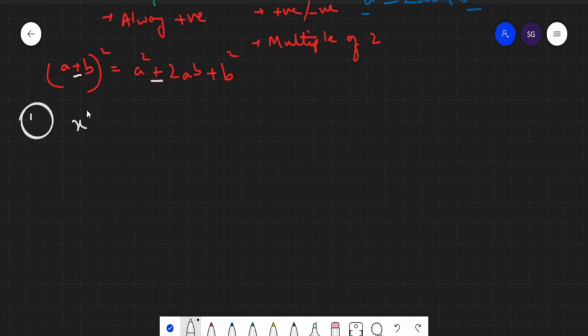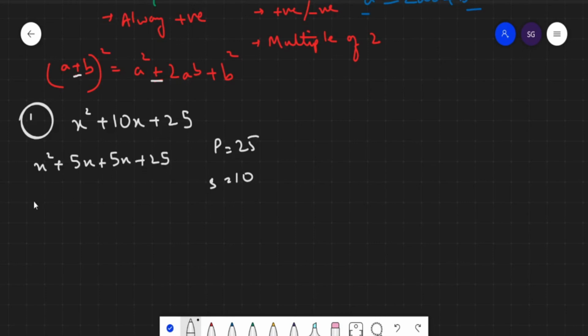Factorize x squared plus 10x plus 25. Now I know this is 3 terms, and you can do the midterm breaking. It's very easy to do midterm breaking here. The product is 25 and the sum is 10, so it's clearly x squared plus 5x plus 5x plus 25. 5 and 5 is the pair of numbers, and you can do x plus 5 times x plus 5. That's clearly done. But sometimes it's good to practice this one, so that's why I listed it as another rule, and I'll be very brief in